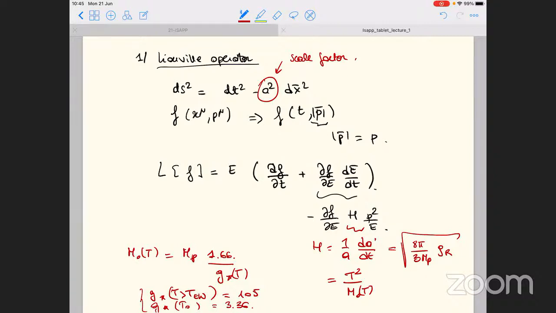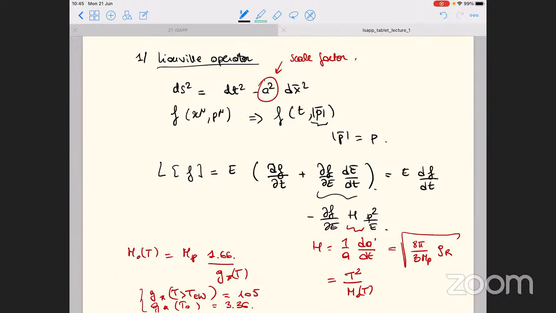So I would usually assume, as an order of magnitude, that g star is of order 100 at early time, and at later time is 3.36. So I think this is all I wanted to tell you about the expansion rate of the universe and the Liouville operator. Let me just rewrite this as energy times the total derivative per time of